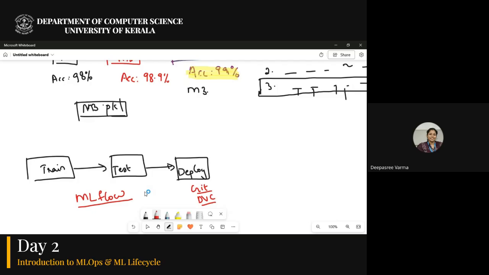But it doesn't keep track of it. After a few days, if you want to see that, you have to rerun it. But MLflow is a method in which it will be there. You can see it as a UI, you can see it as visualization, where you can compare both the models. That is the advantage of MLflow. Okay. So it is just for tracking the experiments.